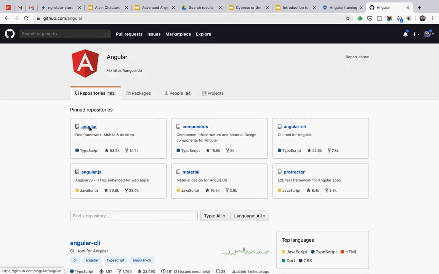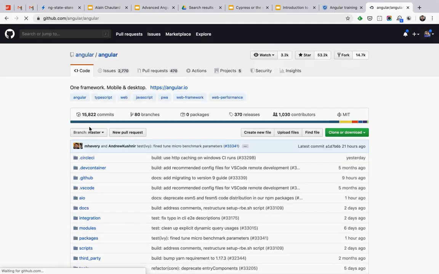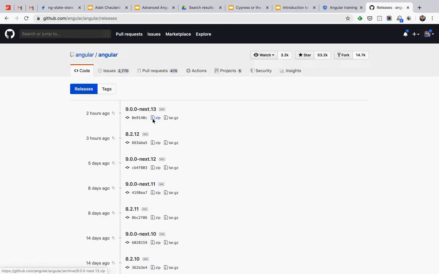So I'm going to go to the Angular code repo. It's all open source, maintained by Google. You can just access the code from here, and I go to the releases, and you'll see that the last version was 2 hours ago. So version 9, 2 hours ago, so that's a temporary beta version. And 8.2.12, 3 hours ago, so today. And I'm not surprised, because every time I teach Angular, they just release a new version as I speak.